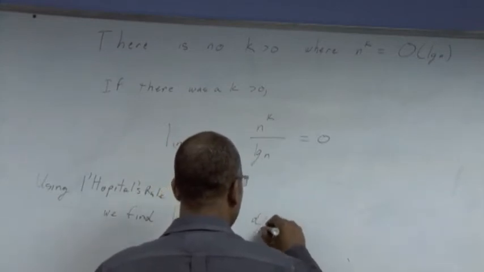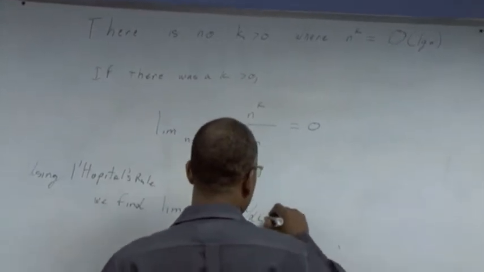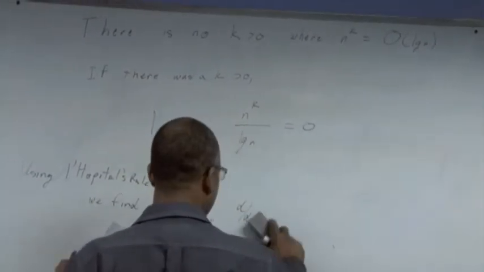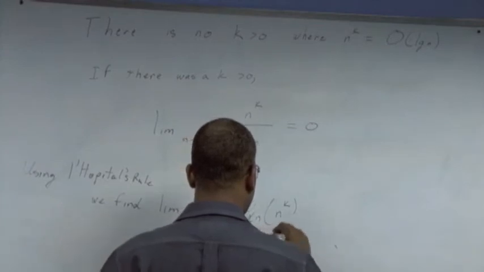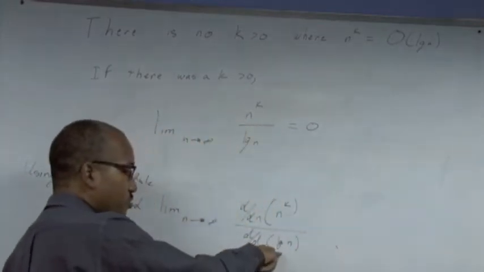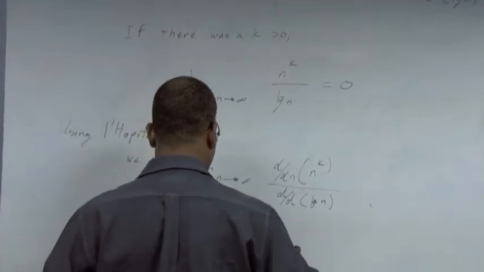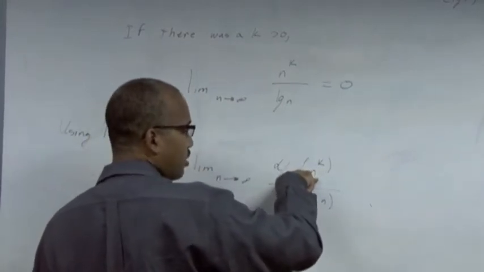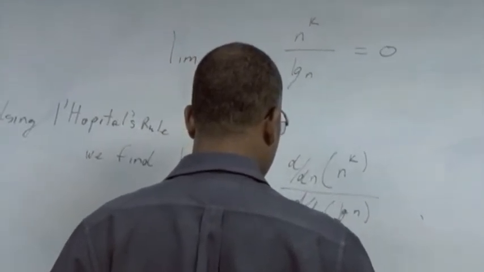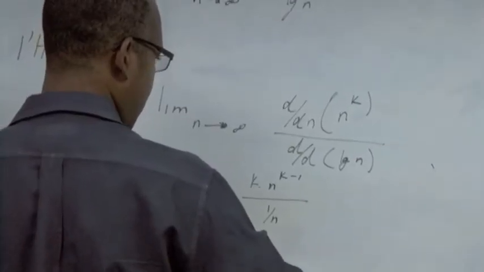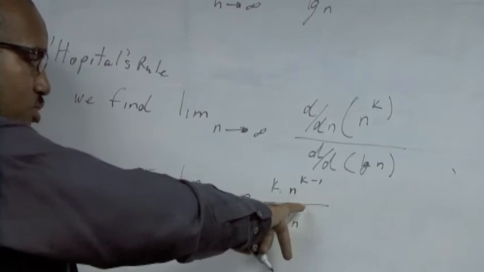So d by dn of n to the k upon d by dn of log n. Now the derivative with respect to n of log n is 1 upon n. You differentiate the numerator, you end up with k times n to the k minus 1, and that works out to, remember, this is n to the k minus 1 divided by 1 upon n,